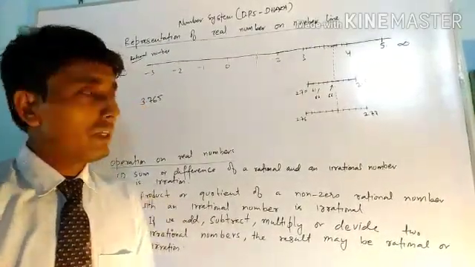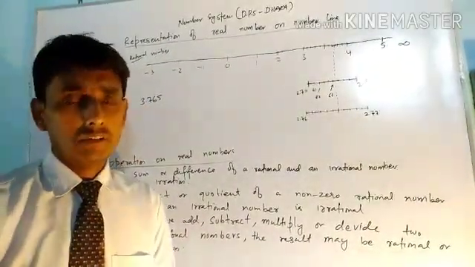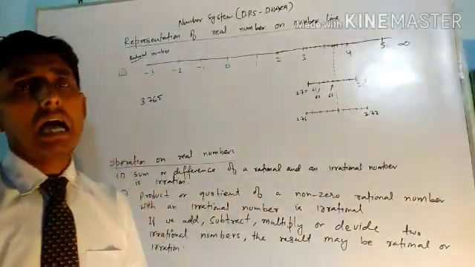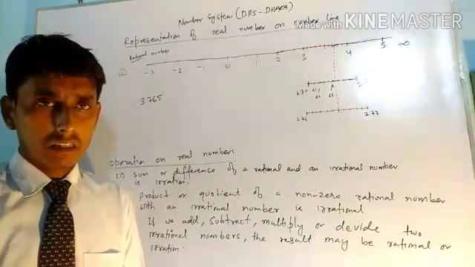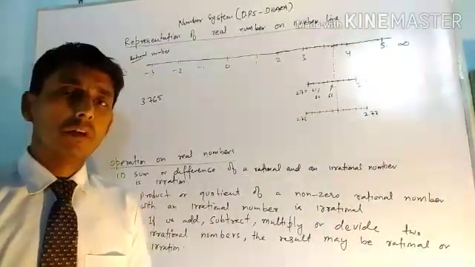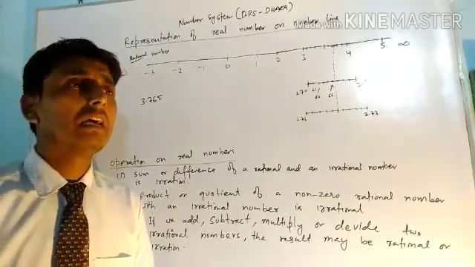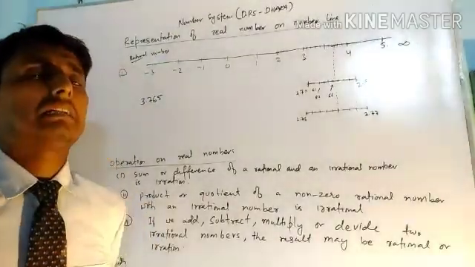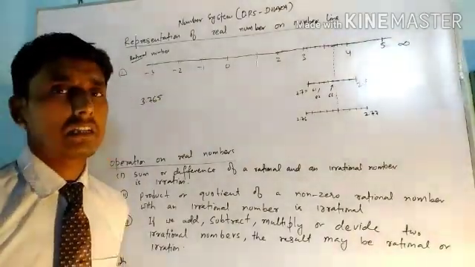My dear students, today in this lecture I am going to teach the students of class 9th the first chapter of mathematics, that is number system. I have already covered some lectures on this topic, and I have discussed exercises 1.1, 1.2 and 1.3, and I also discussed the various types of real numbers, that is rational and irrational. In detail I discussed them.